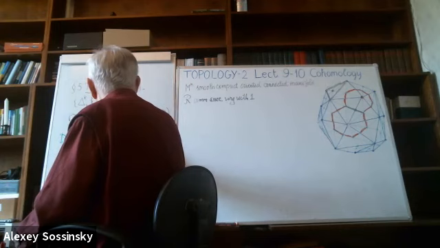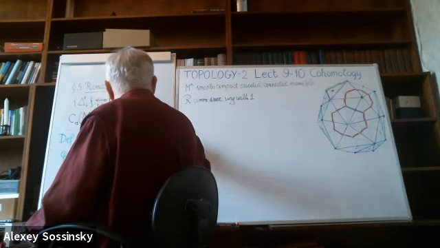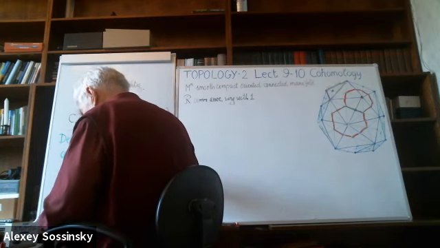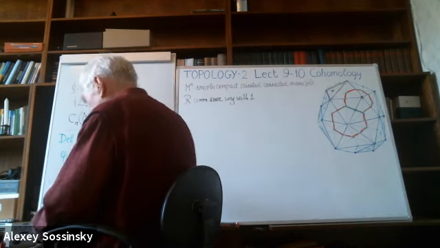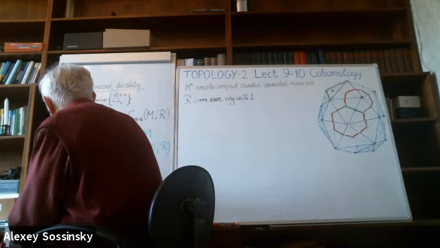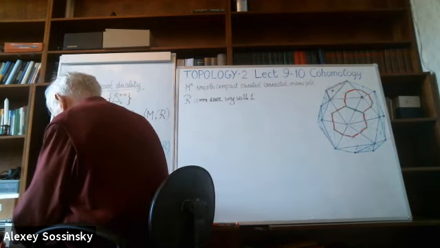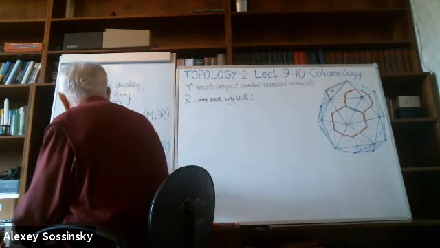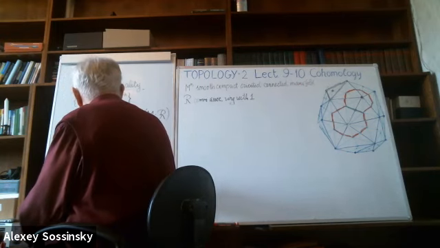So it's a homomorphism from C_k of M to R, which is given by the natural formula: delta_k^{n-k} applied to the cell c_{n-k}, any cell. This is any cell. And this is equal to